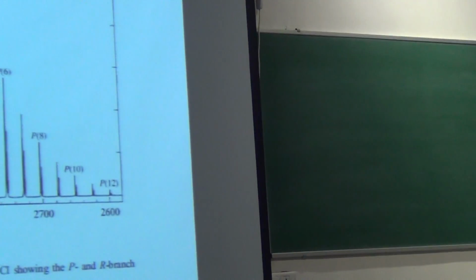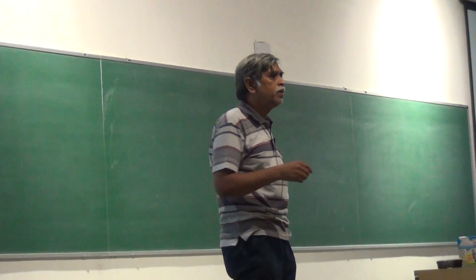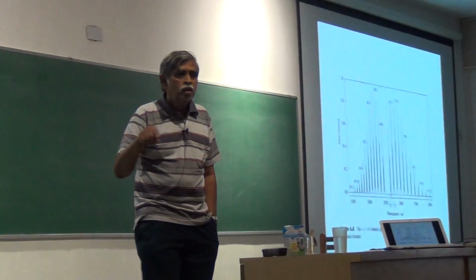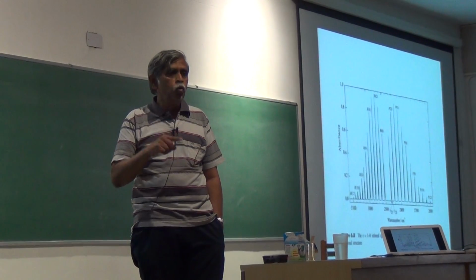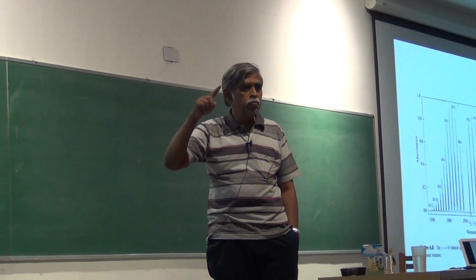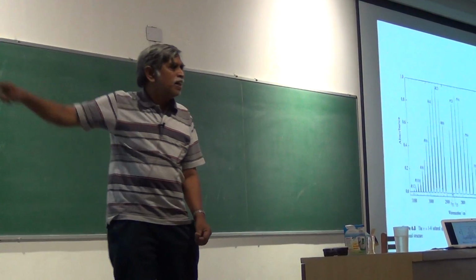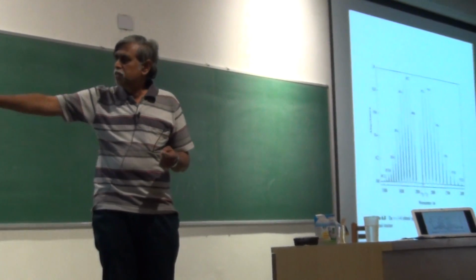Okay. When I say it's R2, they all have names, and the notation is generally given with the lower j. So R2 really means that you're going from 2 to 3, and P3 will essentially mean it's going from 3 to 2. We have spotted it, right? But what happens in all these cases is that the spectrometer's